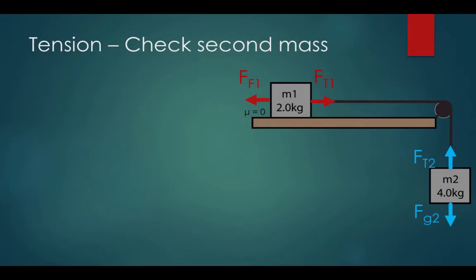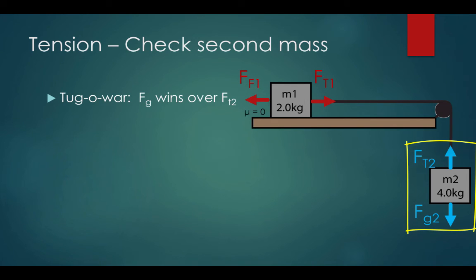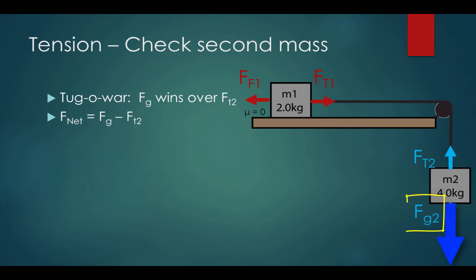We will now confirm force tension by looking at mass 2. In this case, force gravity beats out force tension at mass 2. The mass falls. Net force equals force gravity minus force tension at mass 2. Isolating for tension, we get tension equals force gravity minus F net. Remember, force gravity is mg, while F net is ma, so tension equals mass 2 times gravity minus mass 2